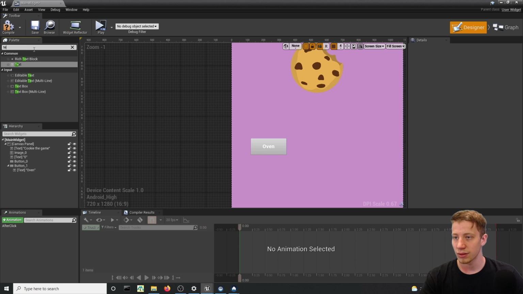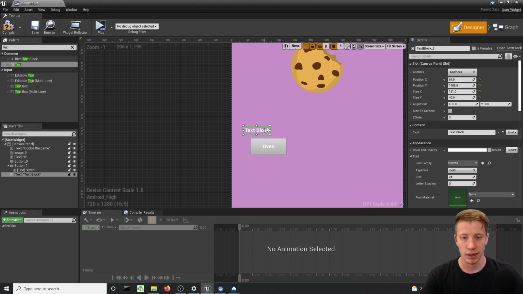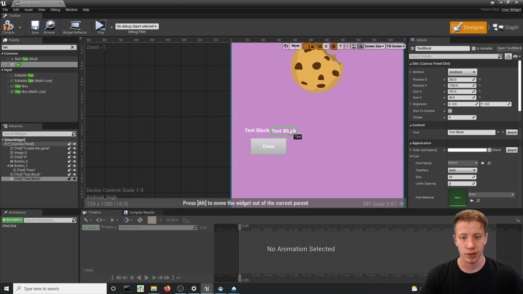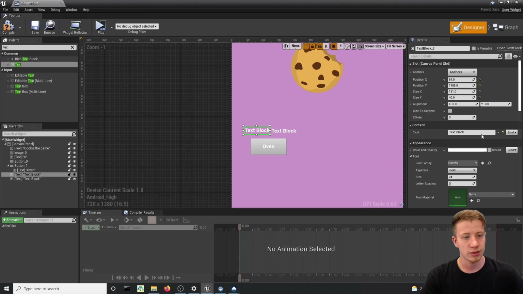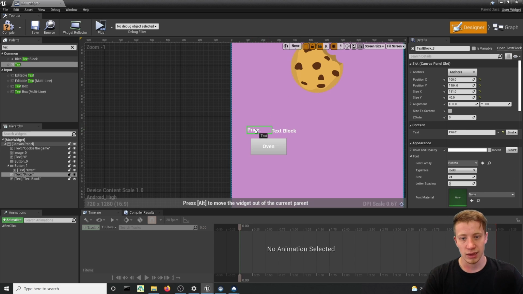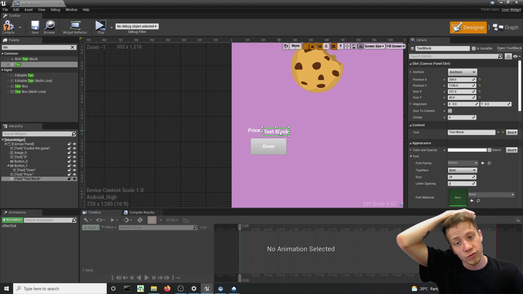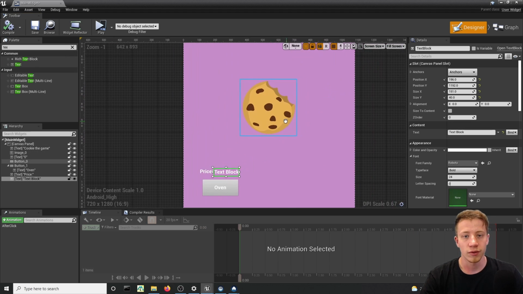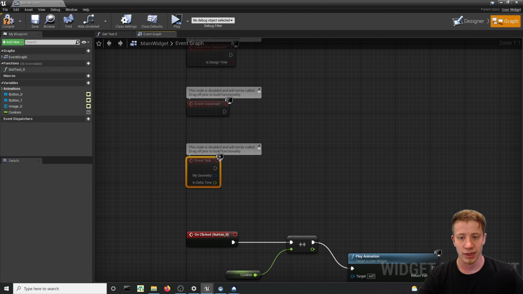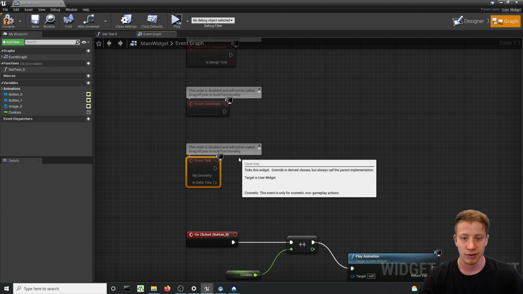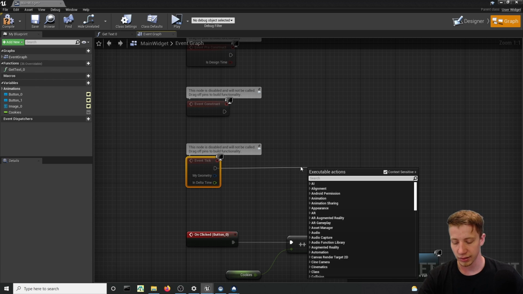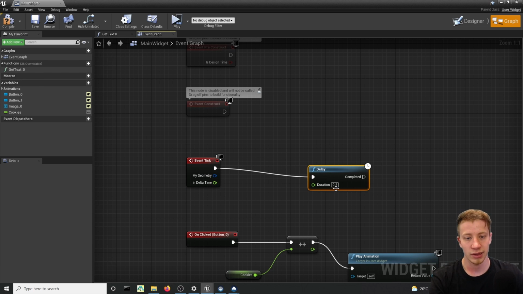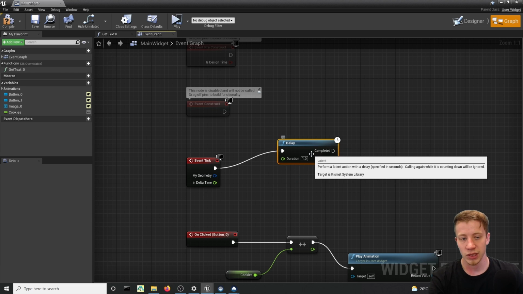So let's put here text, and then let's add another text, because you want to have it as price, because one text will be the label price. Let's put it as price, and the other text will be that actual price, and we will set it in a moment, because we will use a variable for that, so it will dynamically update once you edit that in the code of the game. So in the event graph we will use event tick. Event tick happens several times during the game, but that's not what we want. We will create a little trick. We'll put a short delay, and the delay will be exactly 1 second,